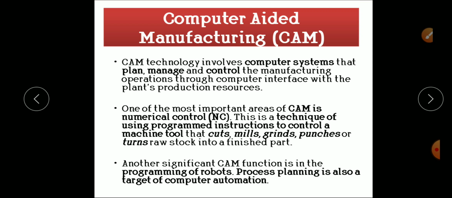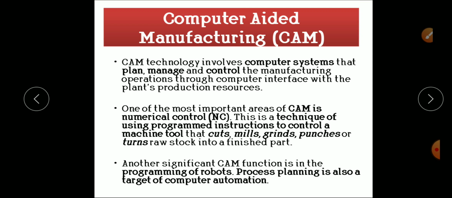Computer aided manufacturing, CAM. CAM technology involves computer systems that plan, manage and control the manufacturing operations through computer interface with the plant's production resources. One of the most important areas of CAM is numerical control, NC.